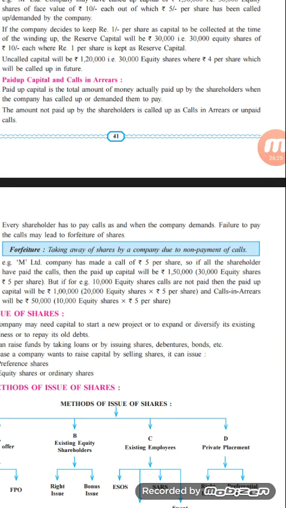Paid up capital is the total amount of money actually paid by the shareholder when the company has called or made a demand to the investor to pay on the particular shares sold to them. The amount not paid by the shareholder is called calls in arrears or unpaid capital. So here, if 30,000 equity shares have been sold to the investors in the market, the company will make a demand for rupees 4, and the investor has to make an arrangement so that this 4 rupees which has been called up by the company is paid at the given time.